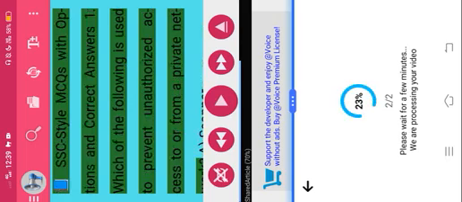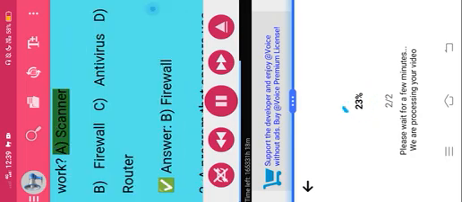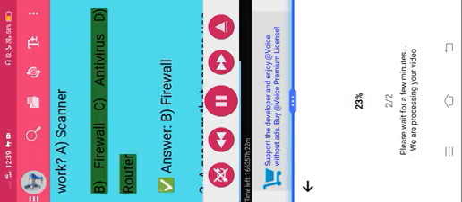Your 100% complete SSC-ready lecture on computer viruses. Book SSC-style MCQs with options and correct answers. 1. Which of the following is used to prevent unauthorized access to or from a private network? A. Scanner. B. Firewall. C. Antivirus. D. Router. Correct answer: